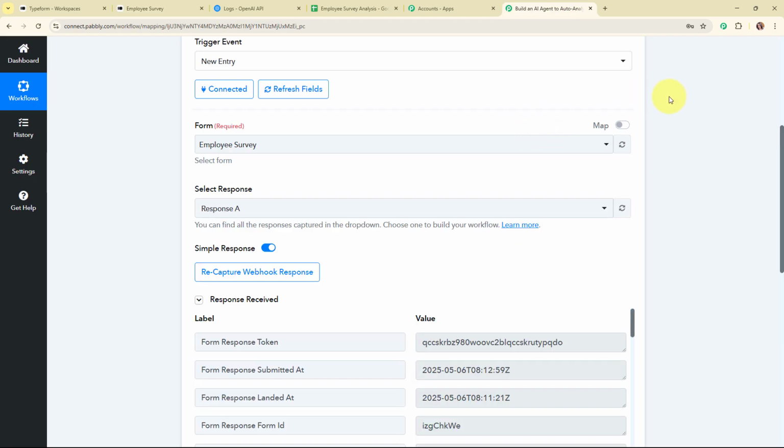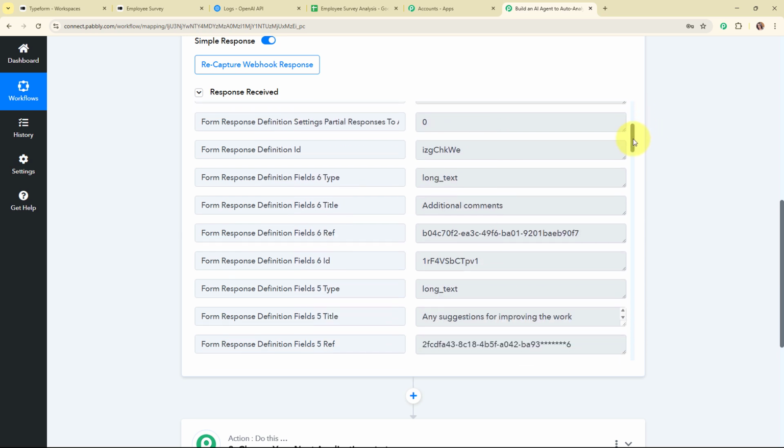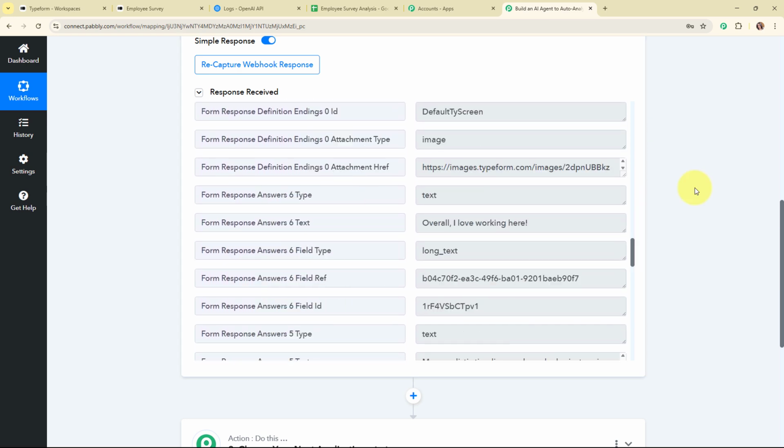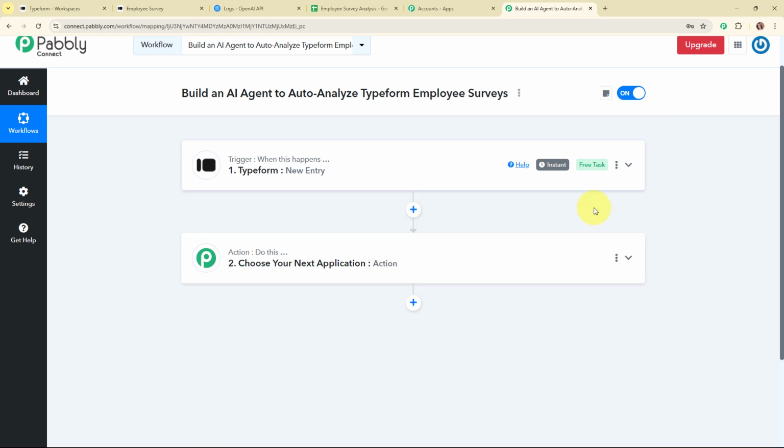And here you can see we have successfully received a response over here where we have received the details such as the form submitted at, responses, here you can see the field names, here you can see the details that we added in our fields. Alright, so with this we have successfully set up a trigger over here. So once we are going to capture a new entry through Typeform, or you can say a new survey response